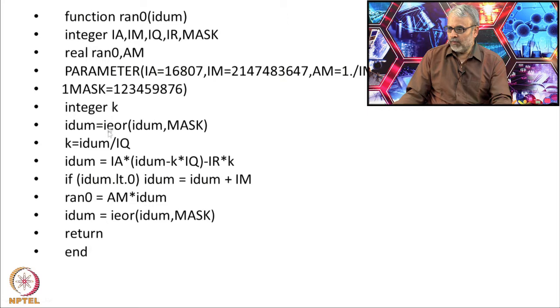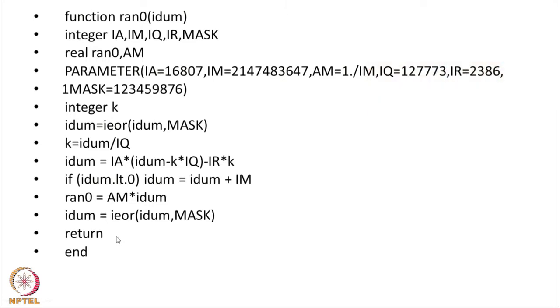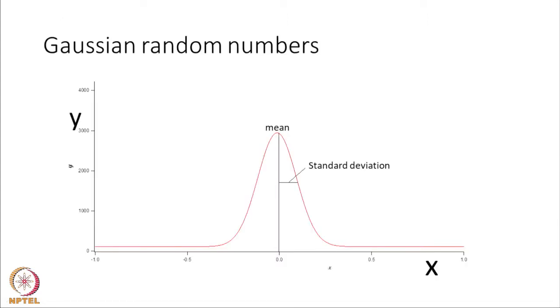So, you note this program, execute exactly what it is using gfortran, and we will not discuss too much about this because there are many professional algorithms which give you random numbers. I have already discussed a very simple algorithm for you, and you know what random numbers are. So, once I do this, now I will consider another set of random numbers. Our earlier set of random numbers were uniformly distributed between 0 and 1.